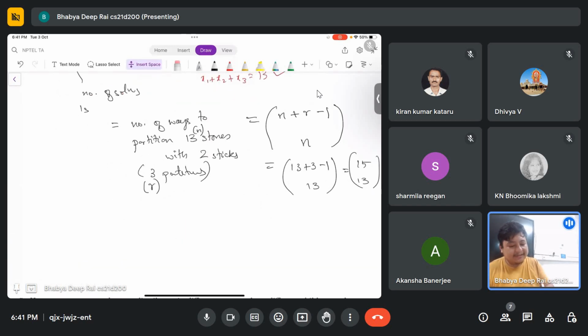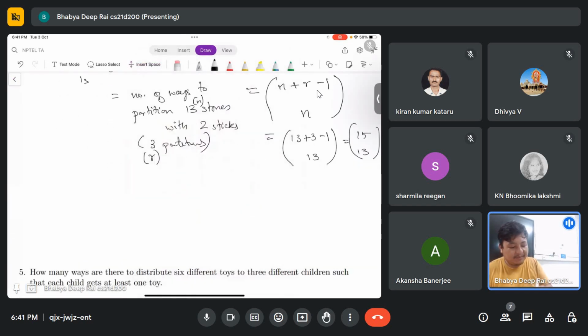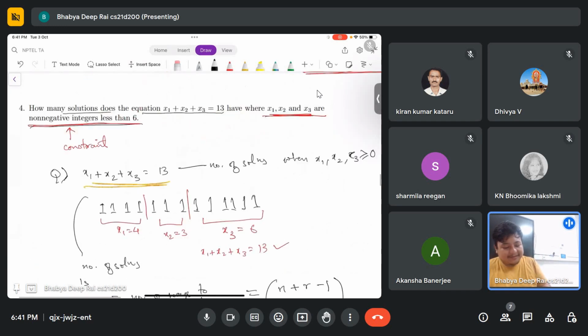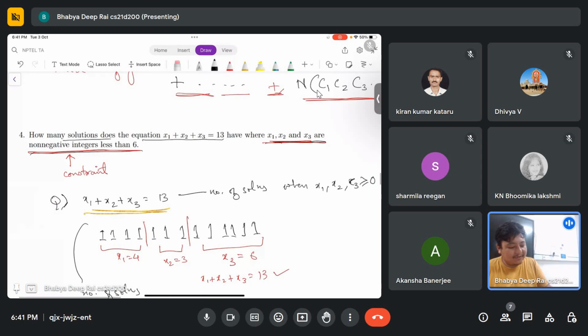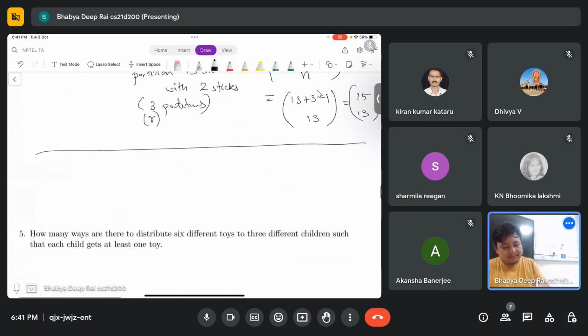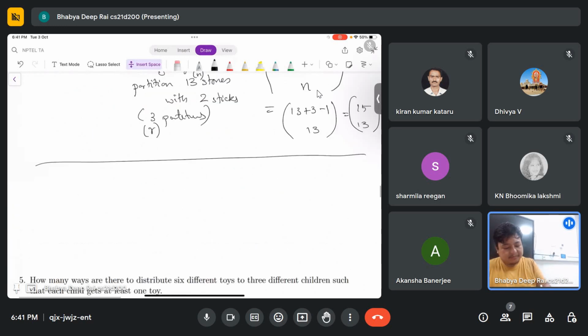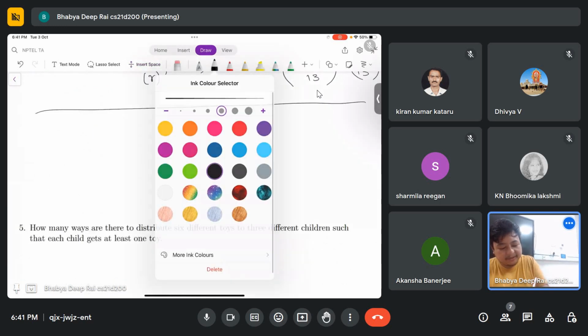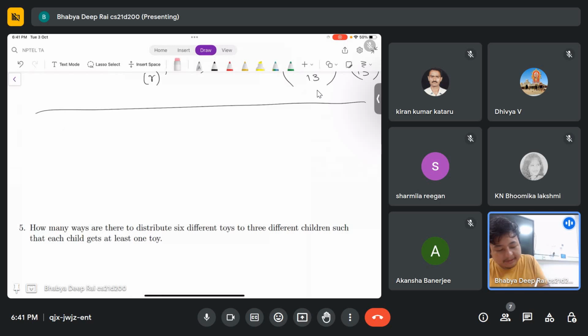Good. Now why did I ask this question actually? Remember this, we are going to be using this a lot. Why did I ask this question? When we include the constraint, we'll be using that fact. So recall, let's see,